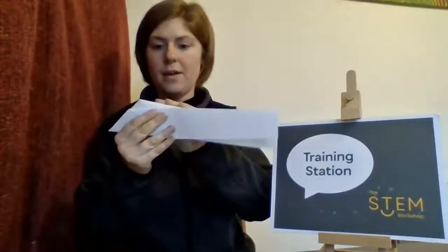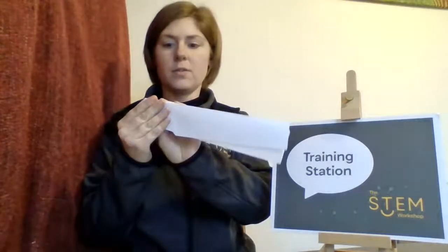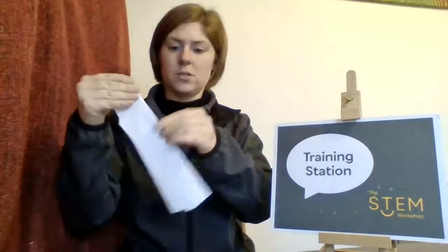Fold down one side. Okay. And then fold down the other side so that it matches. And now we have that typical aeroplane shape. Okay. Now, as an aerospace engineer, we're looking at two different things here because we want our aeroplane to stay